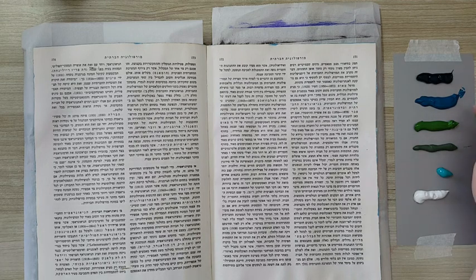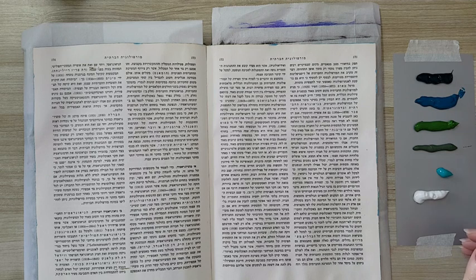I've got some deep green and some like dark turquoise and I don't know, leaf green, and some olive green, and some light turquoise and white. I've put white so I can mix with the other colors and have more variation in the color. I'm going to put them on my page quite randomly,